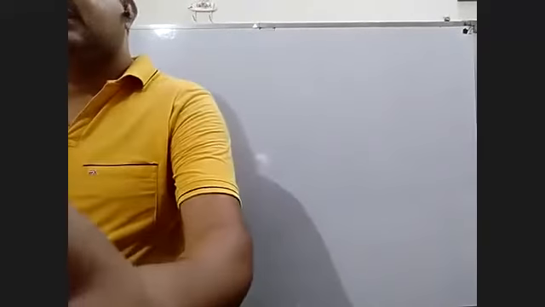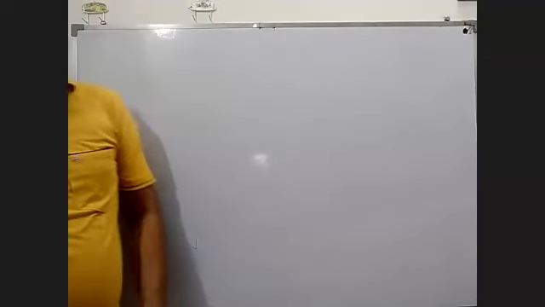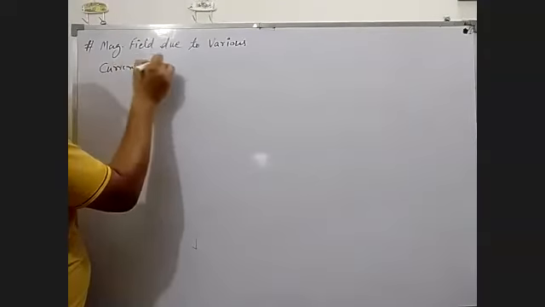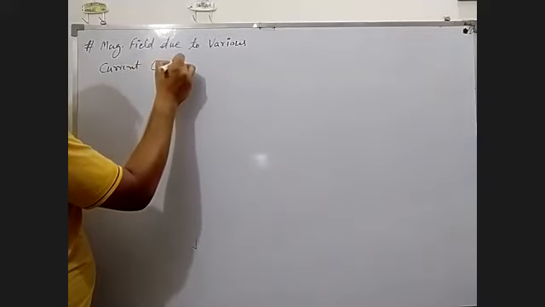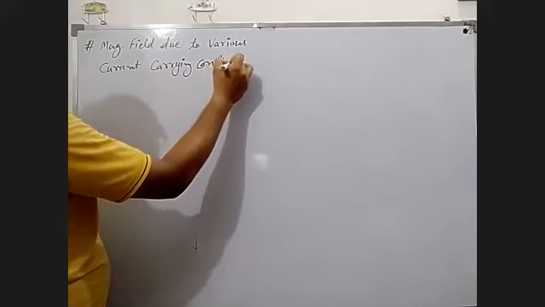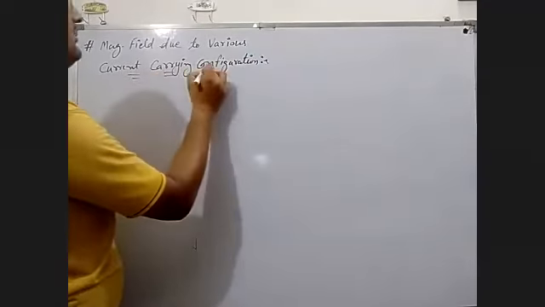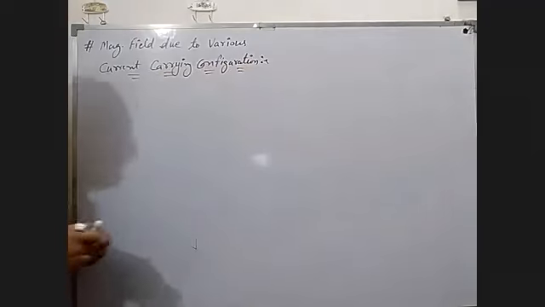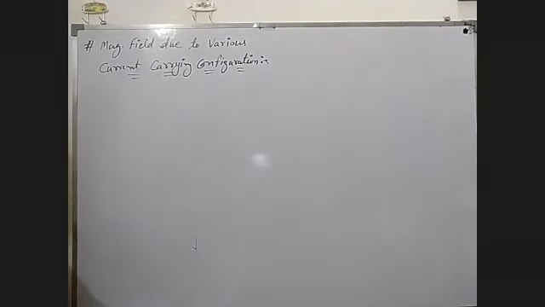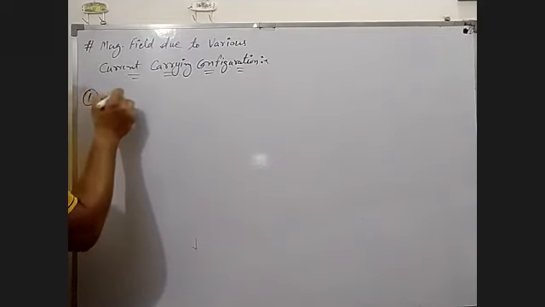Now the next is magnetic field due to various current carrying configurations. Now I am taking some different examples of current carrying things. Firstly, the magnetic field at the center O of the circular disc. First, for